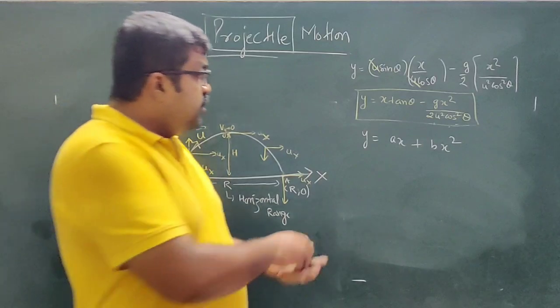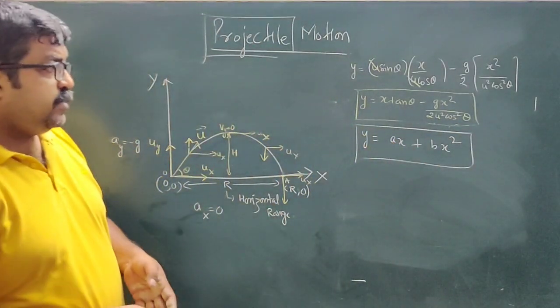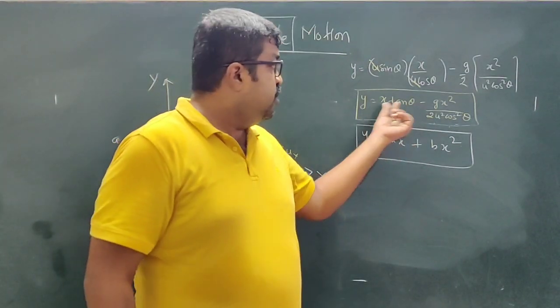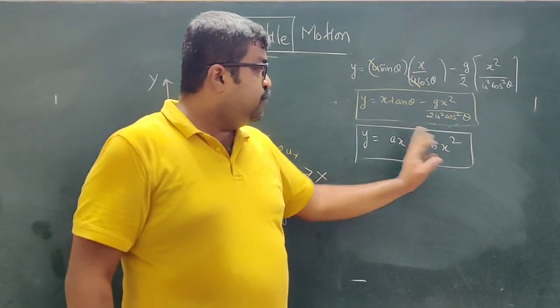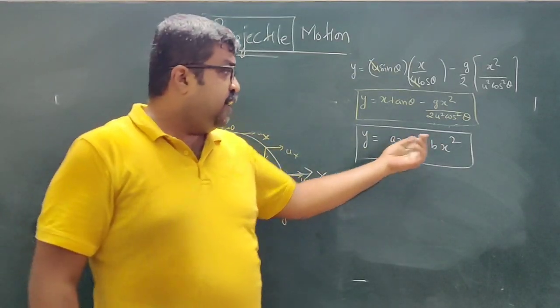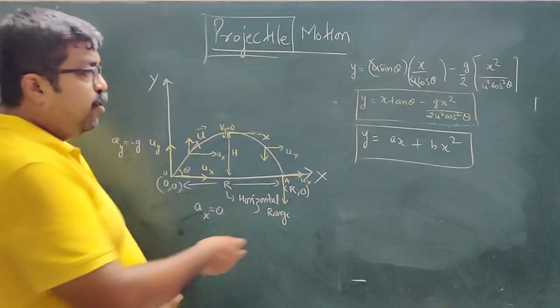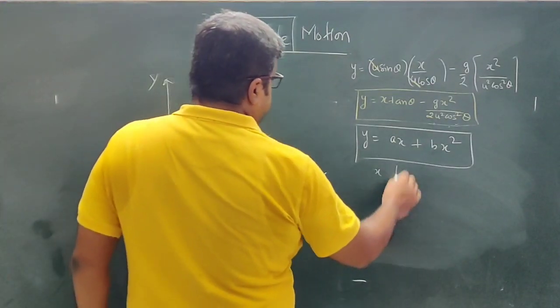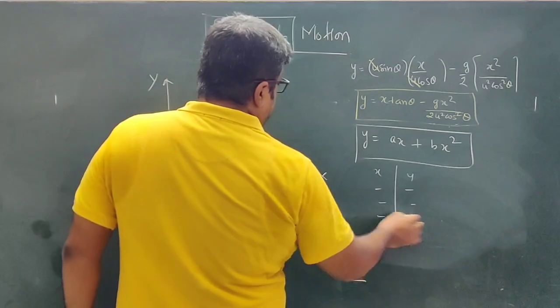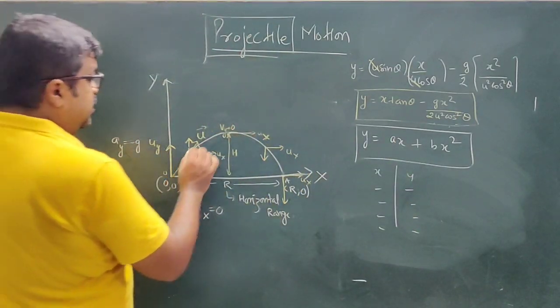Here a and b are some constants. Now if you substitute x equal to 0, you write the value of y, x equal to 1, you write the value of y, and if you plot all those values of x and y, you will get this path,